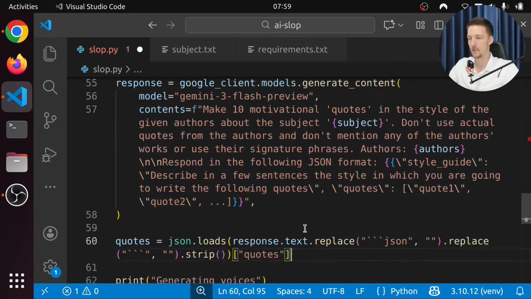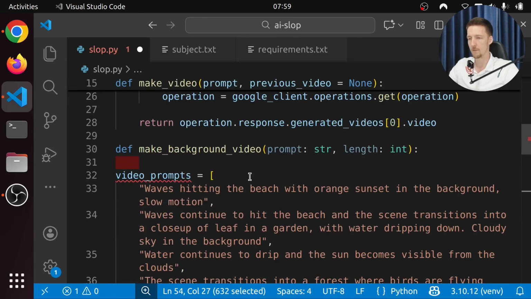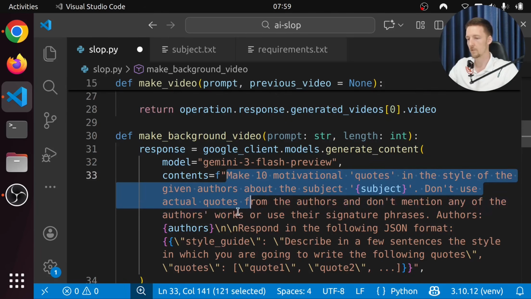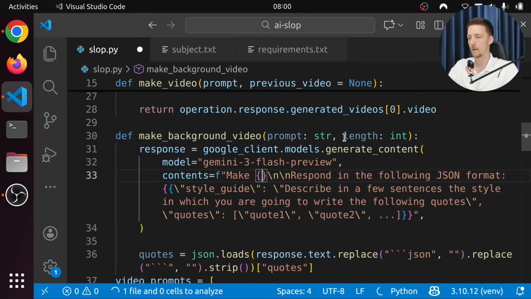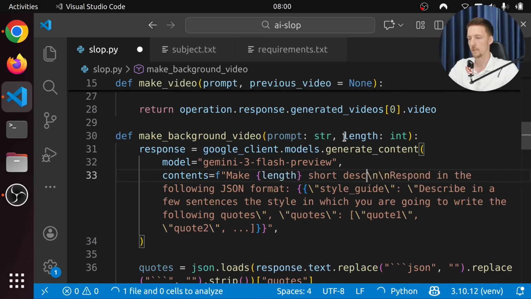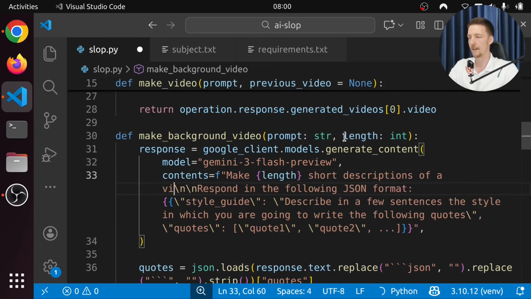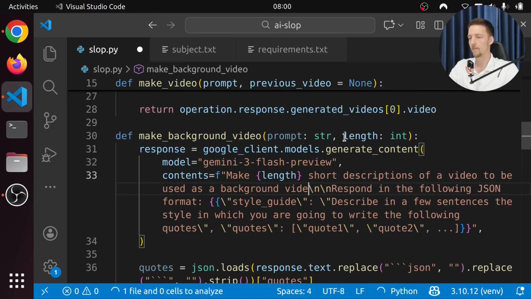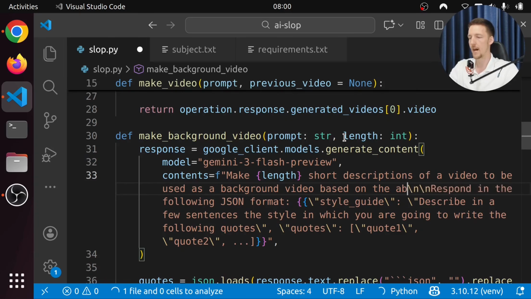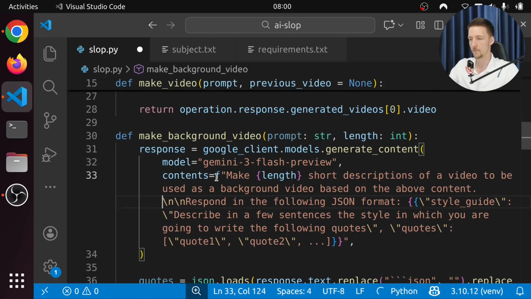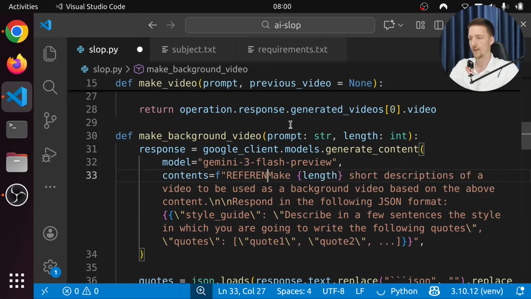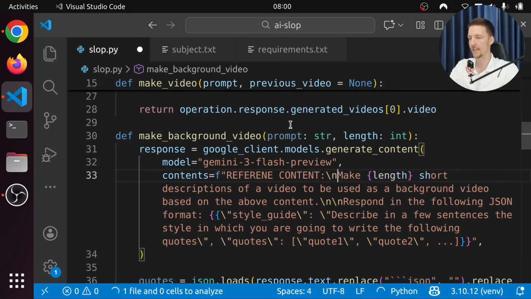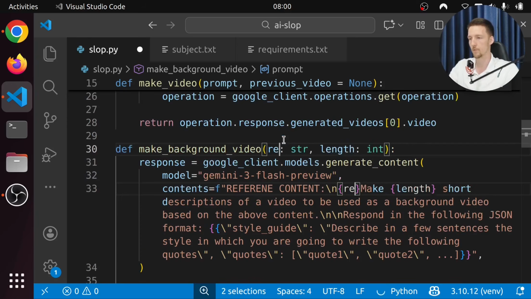Let's copy this code because it's basically the same thing. So we are going to say make length short descriptions of a video to be used as a background video based on the above content. So let's put here something like reference content, and that is going to be the prompt. Well, let's call it reference.